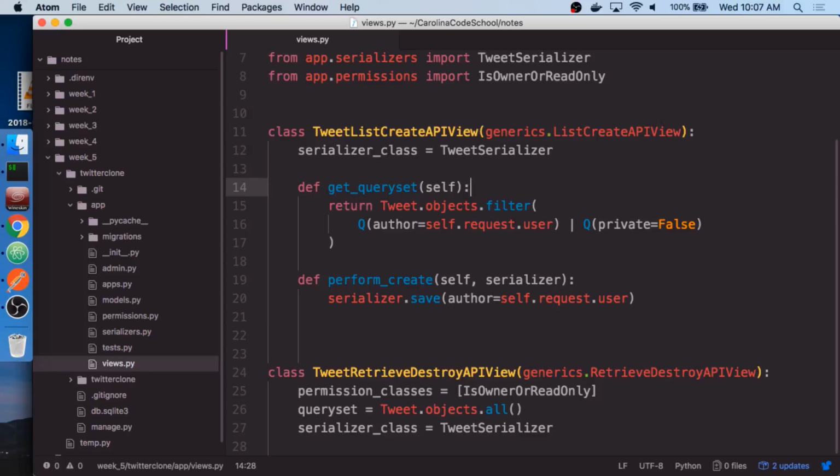If you were to do get_queryset and just did Tweet.objects.all like we did without get_queryset, it would work the same as not using get_queryset. Exactly. Get_queryset allows you the opportunity to filter your queryset down. Whereas just assigning your queryset variable, you can't really do anything. You say queryset is mostly just, give me all of them. You can't filter outside of get_queryset.